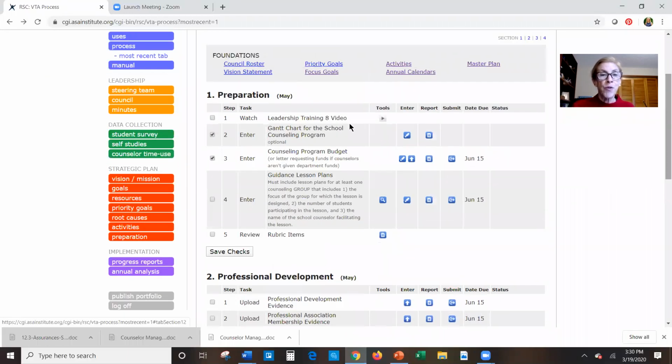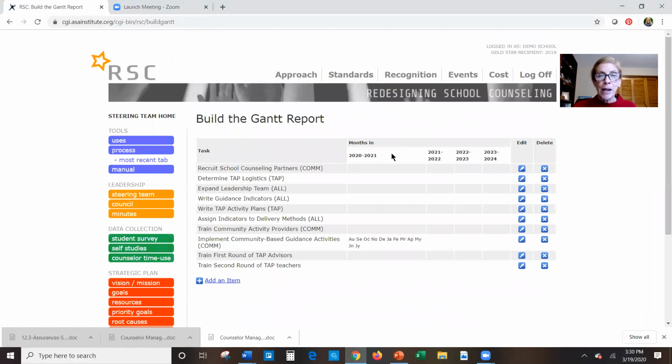So the first thing we're doing is watching this video, and then in the next part, there's an optional activity. This is a Gantt chart tool that, if you want to create a timeline for when different programs are going to occur during the year, you can just click here on enter, and you get the tool where you can enter items to put onto the Gantt chart. And then when you go back,